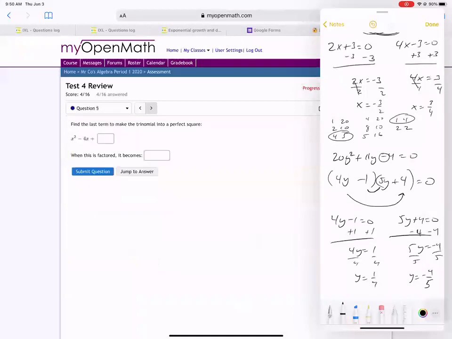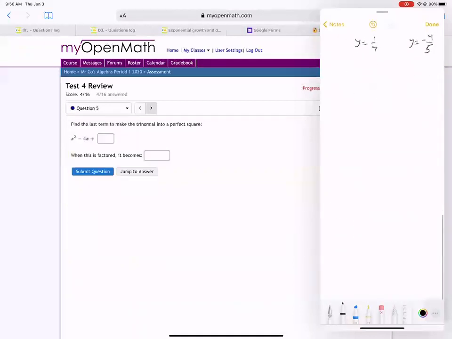Okay, let's continue. The next question is actually kind of easy. It's like, what's that perfect C value? And this is a whole IXL problem. So if I have x squared,